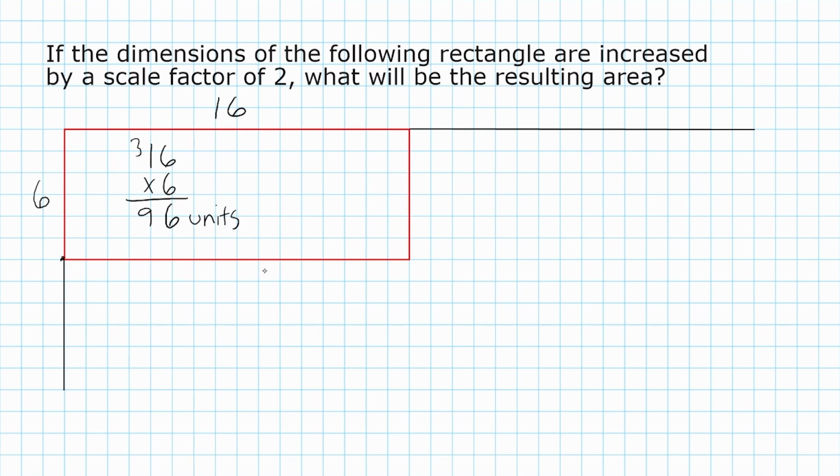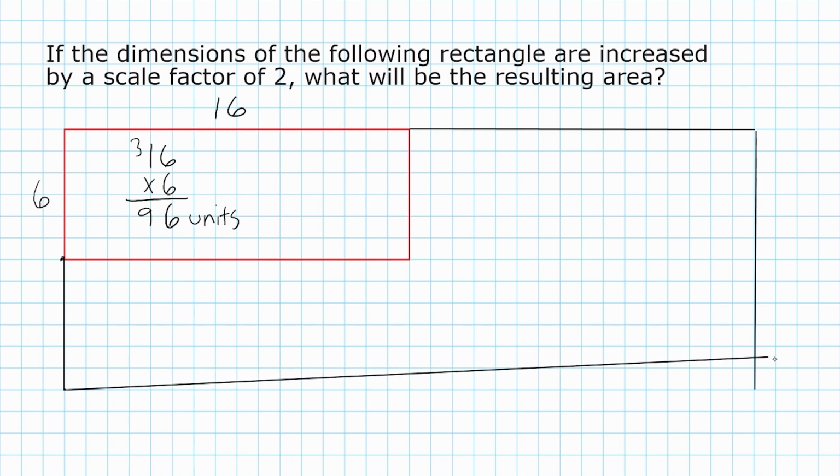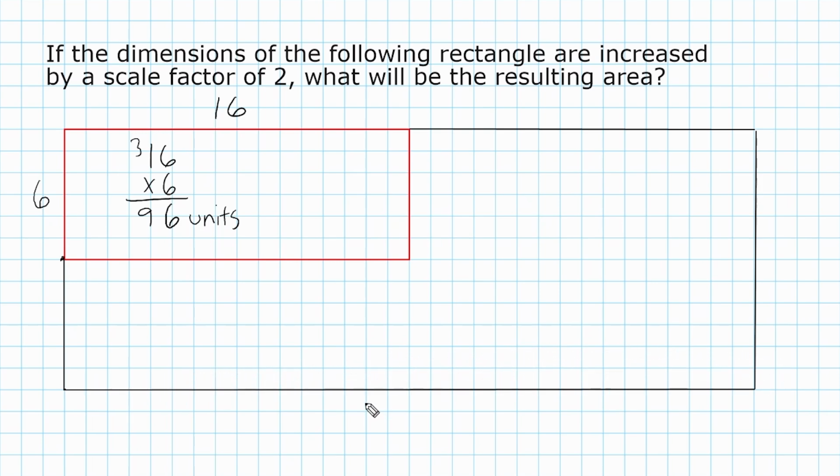Now, because we doubled this side, we have to double this side as well. So let us go ahead and draw a line that is also 12 units in length. And of course, we have to draw a side length that is 32 units in length. All right, so our new width is 32 units and our new length is 12 units. To find our new area, we're just going to take 32 and multiply that by 12. So we double 32, that is 64, and 1 times 32 is 32, and that gives us